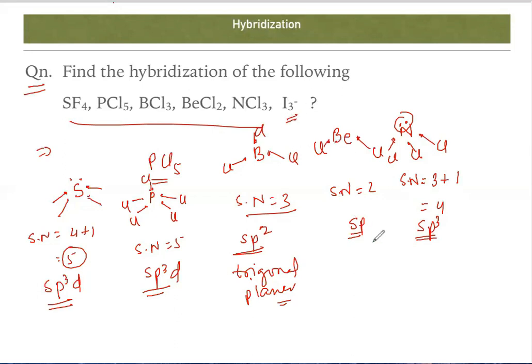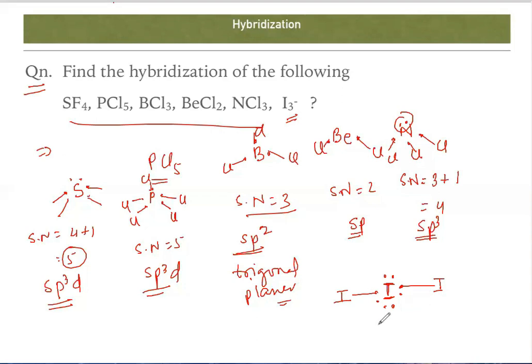So last one is I3 minus. How can you solve this type of question? As we already know, iodine belongs to group number 17, right? Group number 17 means the number of electrons present around the iodine must be 7. So iodine is 7. 1, 2, 3, 4, 5, 6, 7. So this negative charge means 1 extra electron. Positive charge means remove 1 electron, negative charge means add 1 electron. So 1 electron is added, and this is one I, this is another I.